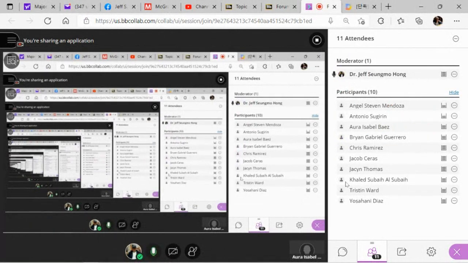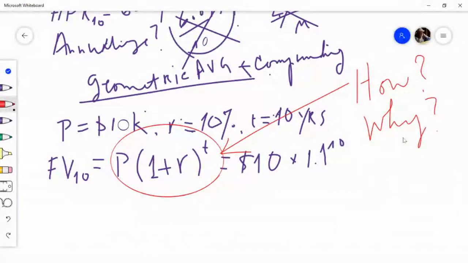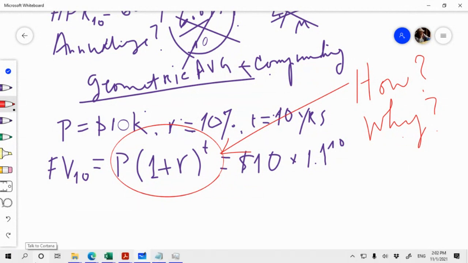All right, we're back. 10 minutes flies very fast. So the question is, how did we arrive at this end result? They throw this formula at you as if it is given, but the question is how it came to be in this form. So to understand that, and of course, to generalize it,